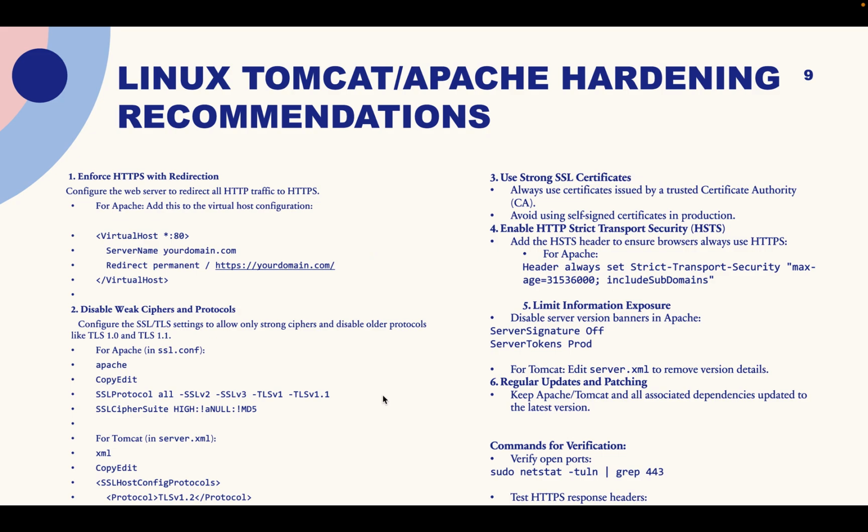Then you want to disable weak ciphers and protocols, just like Windows. So you want to disable TLS 1.0 and TLS 1.1. We would have some commands that you would use for that